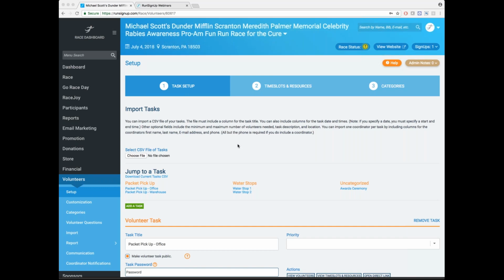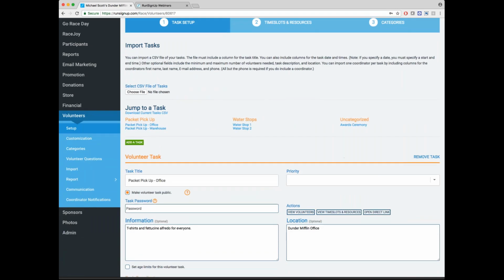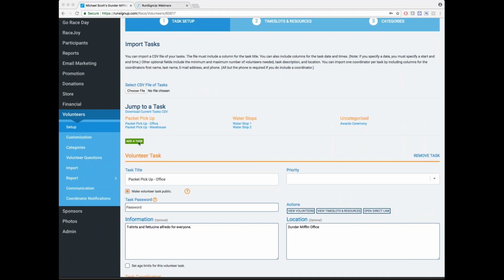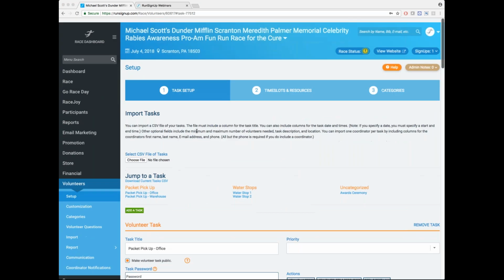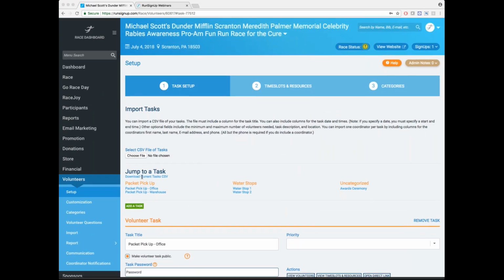So from the setup tab, you're going to be able to create volunteer tasks. Tasks are the basic unit of work, and this is what a race needs volunteers for. So a water stop, packet pickup, race day registration are all examples of volunteer tasks. You can click the green Add a Task button to create a new task, or you can edit an existing task. You can scroll to the task that you'd like to edit, or you can quickly jump to it by clicking the links under Jump to a Task. There's also an easy export option at the top of the page where you can download all of your current volunteer